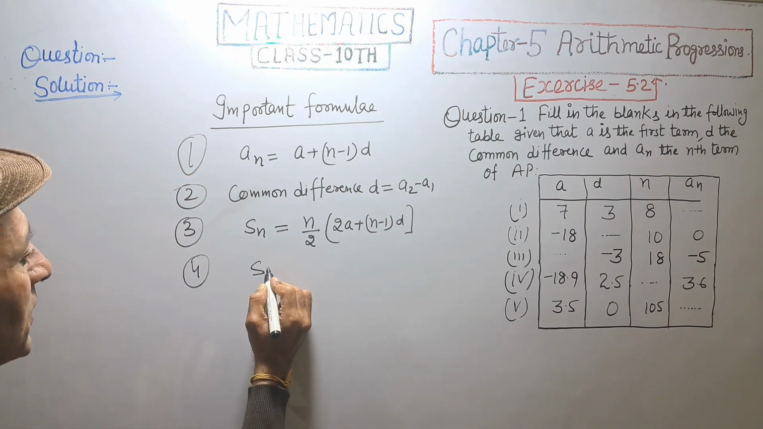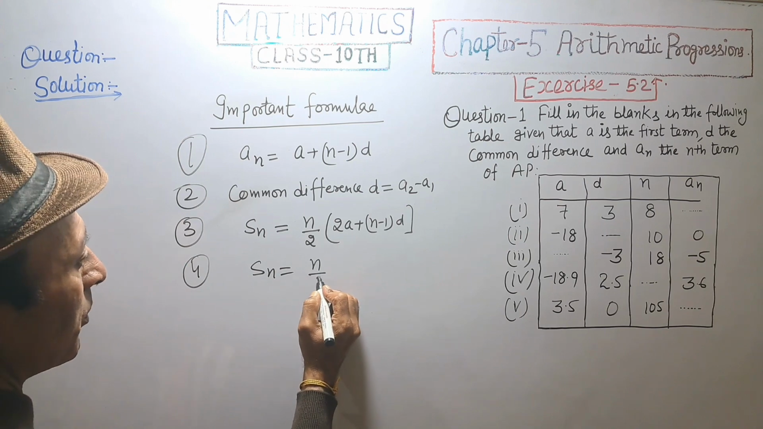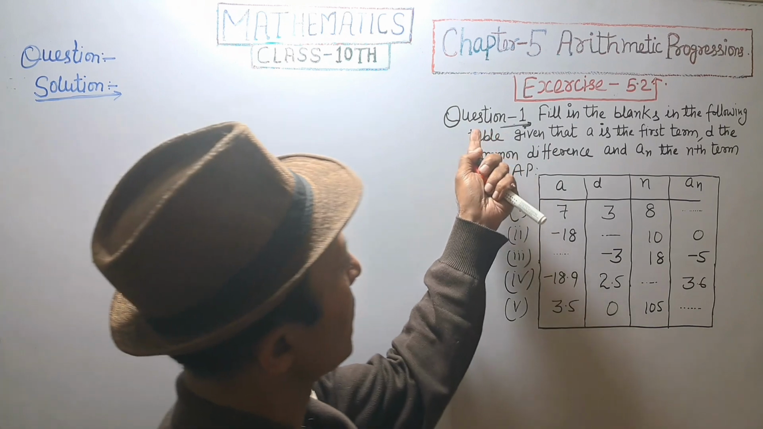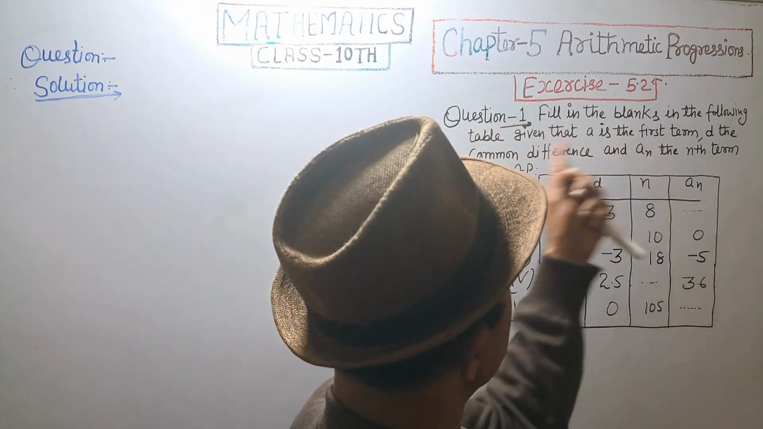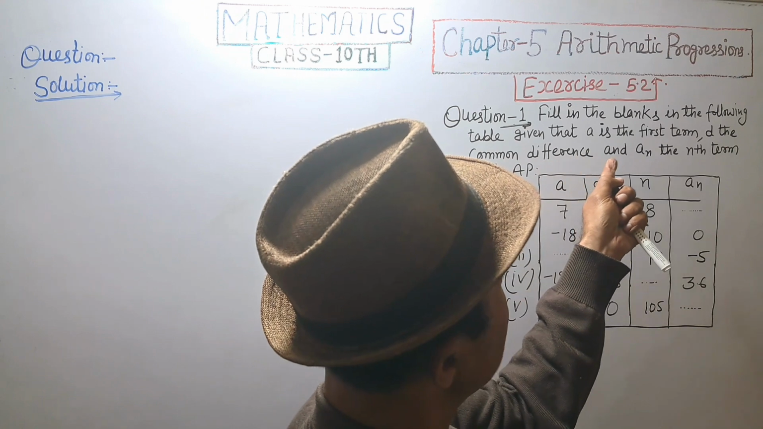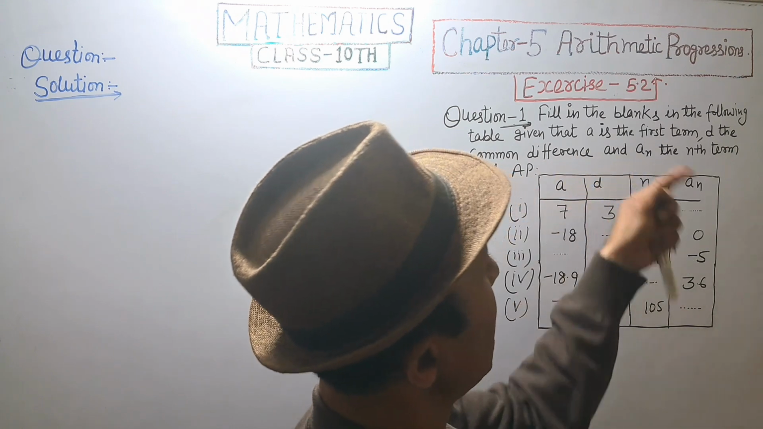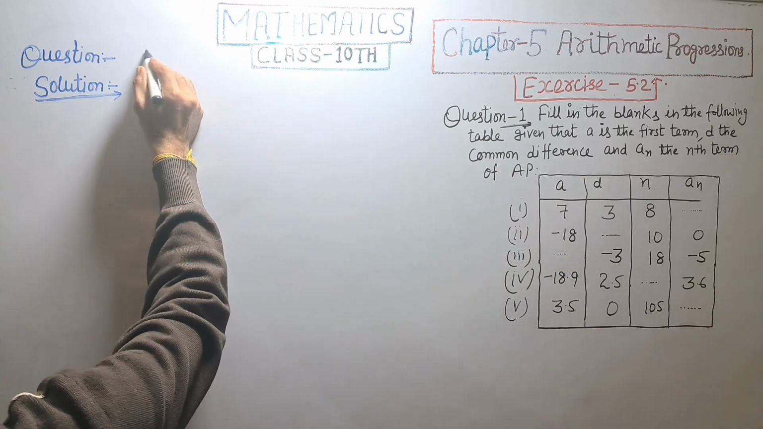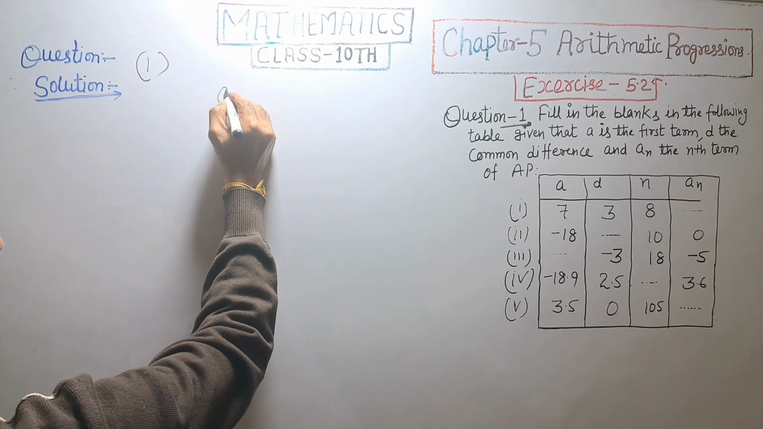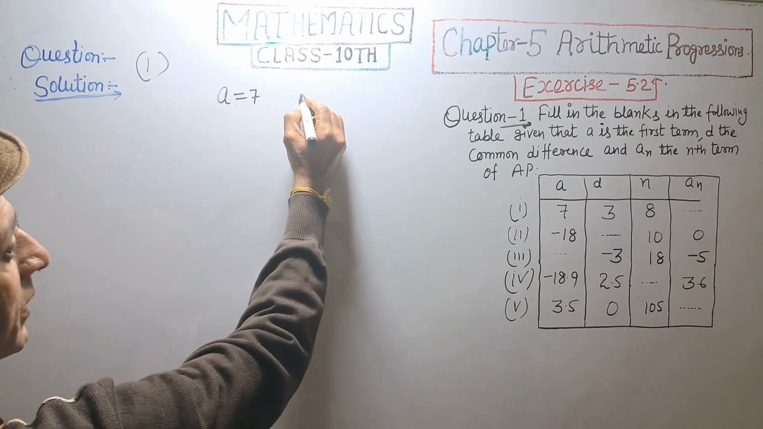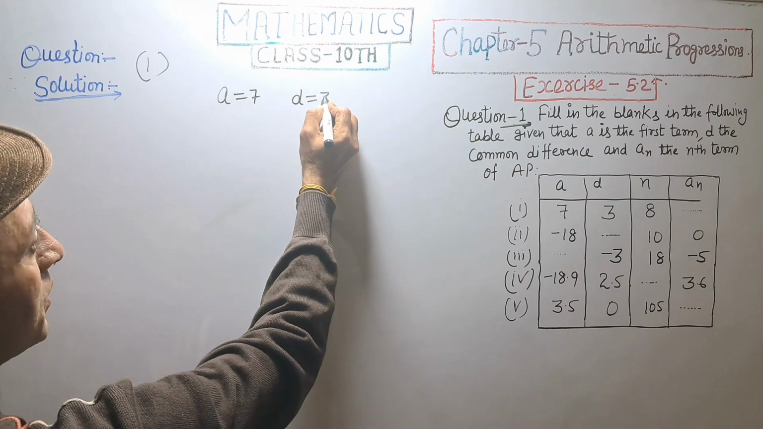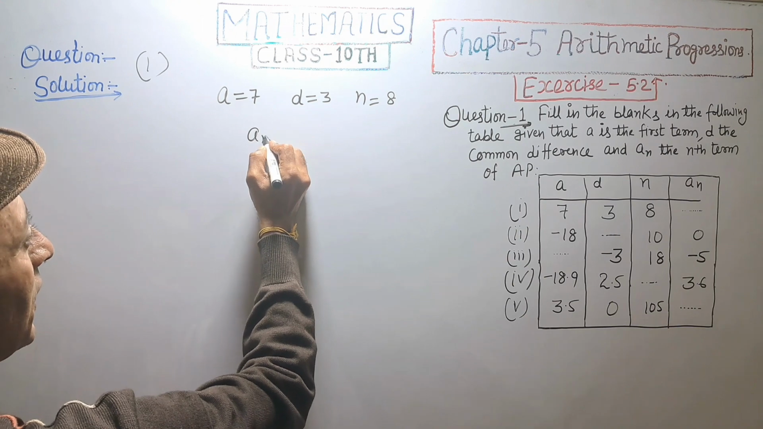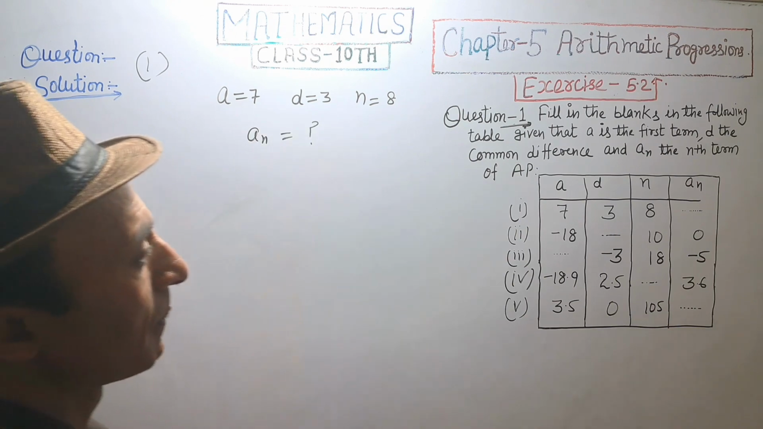फोर्थ में हमारे पास sn का फॉर्मूला n अपॉन 2 a plus an। Question first, fill in the blanks in the following table given that a is the first term, d is common difference and an is the nth term of AP। फर्स्ट पार्ट हमारे पास गिवन है a is equal to 7, d is equal to 3, n is equal to 8 and an हमें फाइंड आउट करना है।